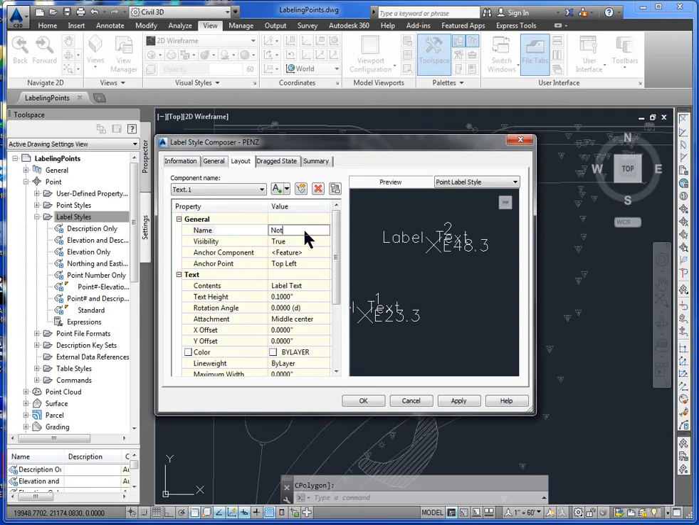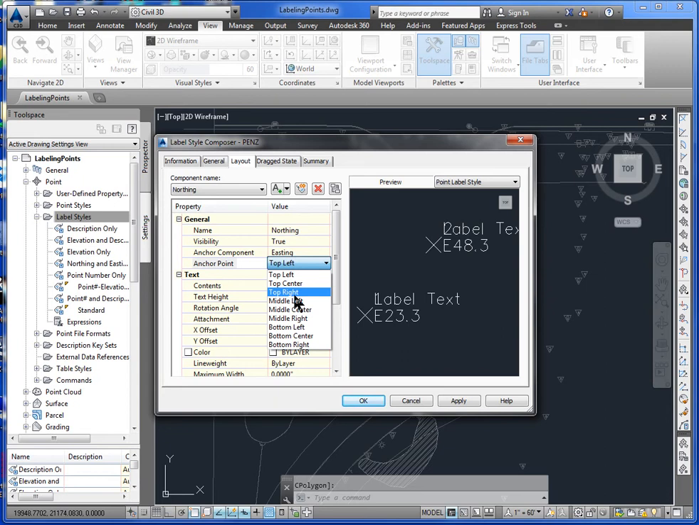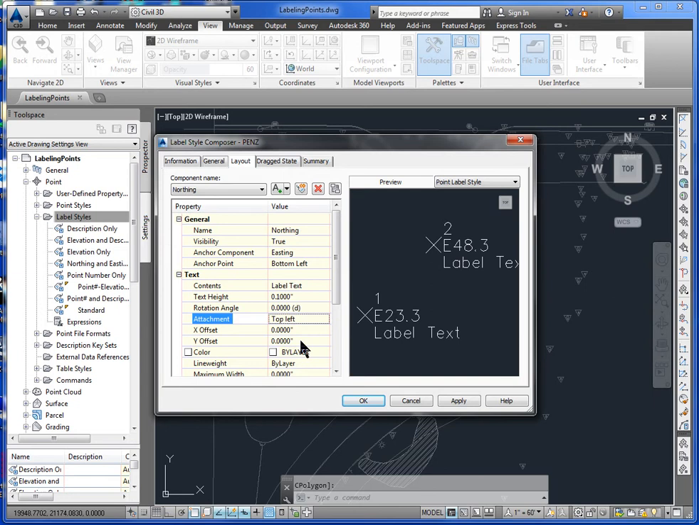So I add a new line of text, rename it, anchor it to my easting. I want this to be so we're going to anchor it to the easting using a bottom left anchor point and the top left attachment. What this means is that the top left of my new label is at the bottom left of my easting